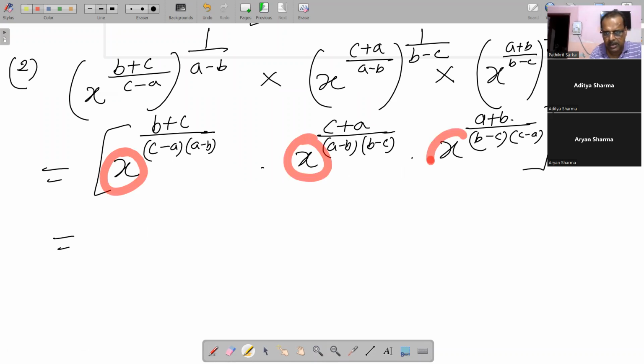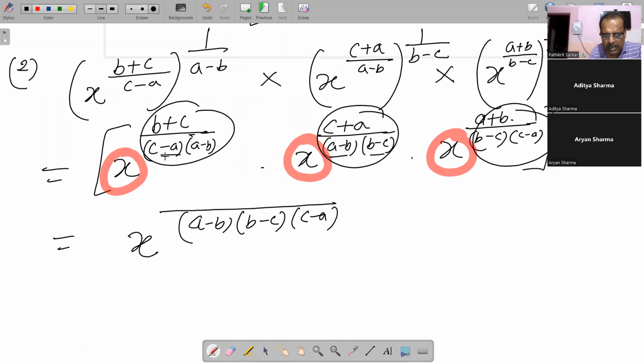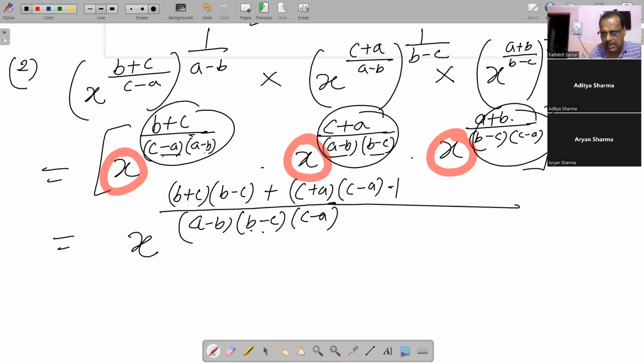उसके बाद हम देखो जो यहाँ पर x है, यहाँ पर x है, यहाँ पर x है, दैट मींस बेसिस सेम। तो हम क्या कर सकते हैं सर, इसको हम रैशनलाइज कर माने एलसीएम ले लेते। तो एलसीएम लेने से c माइनस ए है, a माइनस बी है, b माइनस सी है, तो यहाँ पर हम लिख सकते हैं a माइनस बी इंटू बी माइनस सी इंटू सी माइनस ए, क्योंकि ये तीनों हम लोग एलसीएम कर रहे हैं। तो यहाँ पर क्या आएगा, c माइनस ए माइनस बी, c माइनस ए माइनस बी चला गया, दैट मीन्स b माइनस सी, दैट मीन्स b प्लस सी इंटू बी माइनस सी। सिमिलरली यहाँ पर आएगा सर c प्लस ए इंटू सी माइनस ए, ऐसा आएगा। एंड देन हियर इट कम डाउन टू a प्लस बी इंटू a माइनस बी।